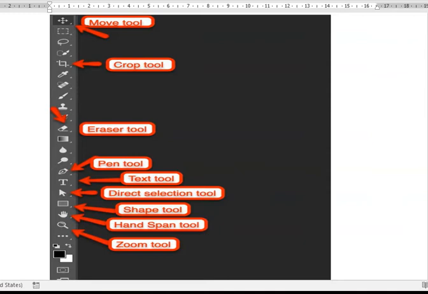It contains various tools like move tool, selection tool, crop tool, eraser tool, pen tool, text tool, direct selection tool, shape tools, hand tool, and zoom tools, and many more other tools that are very useful while editing your images in Photoshop.